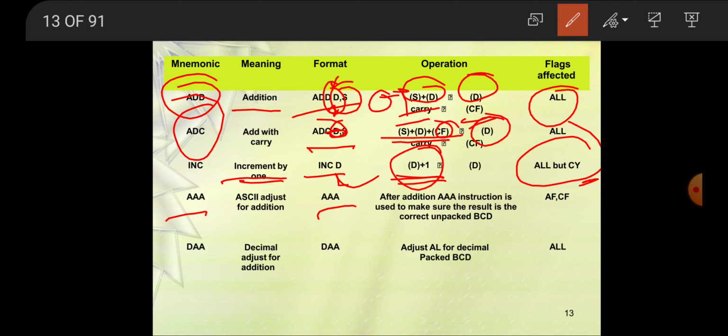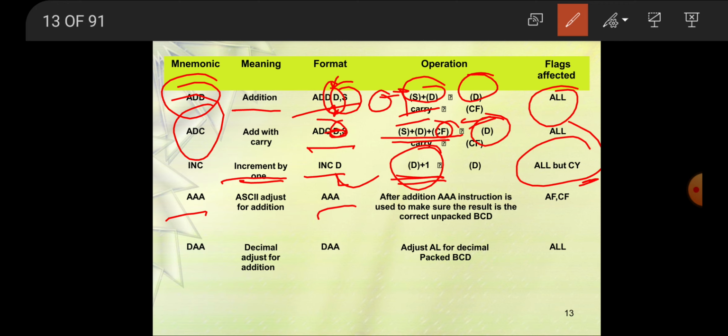Now here are a few examples. The first gives ADD AX comma 2 and ADC AX comma 2. So there are two examples. Suppose AX is 5, and they have given immediate data 2.